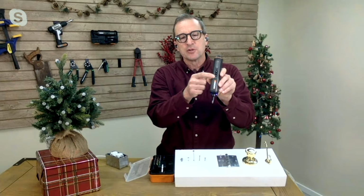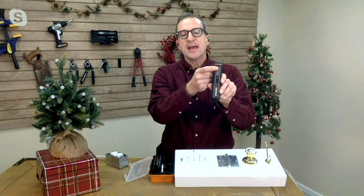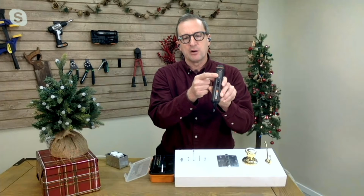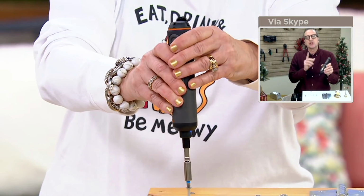You have 2 arrows on this little rocker switch. Push the down arrow, push the screw in. Push the up arrow, it takes the screw out. And the only other button is a little one on the back that controls the torque level. There's 3 levels of torque, and there's little green bars. And I leave mine on the lowest. That way I'm never overpowering the screw in something delicate, but if it stops, then I can turn the torque